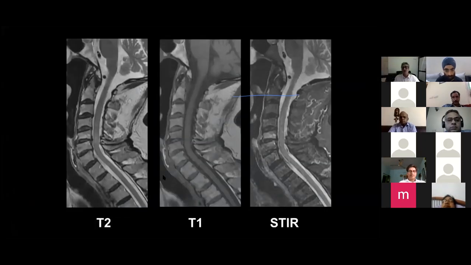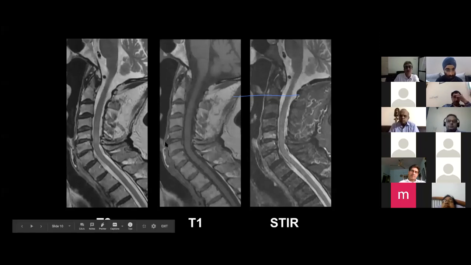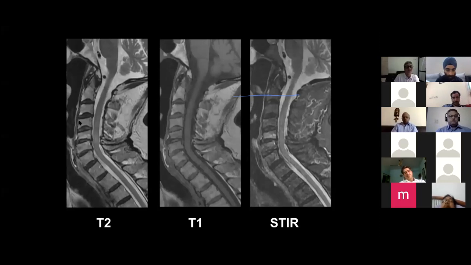Now on X-ray, when we used to read X-rays, we used to say 1 centimeter or something. But in this, any collection coming at this position, prevertebrally, any increase in space, if I measure it, it is like this much of space, maybe 5 millimeter or something. But because we are able to see things now, even a 3 millimeter abscess or 2 millimeter abscess is visualized.